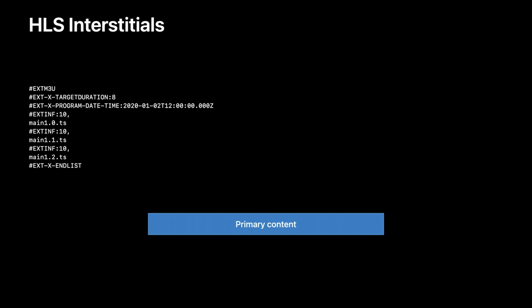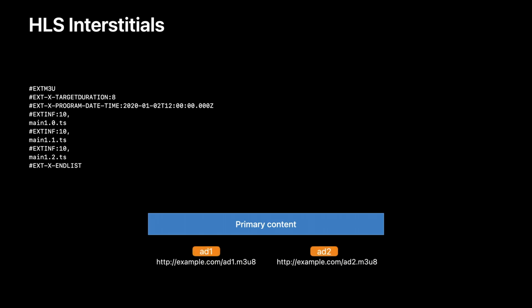Before we dive into the new features, let's quickly refresh ourselves with HLS interstitials. With HLS interstitials, ads are treated as separate assets that can be scheduled onto a program timeline. They need not be stitched in with discontinuity tags anymore. Instead, they can be directly referenced via their multivariant playlist. This makes it really simple to schedule ads, as you only need to point to their multivariant playlist from your primary content. Now, this is your typical media playlist that shows a primary content timeline.